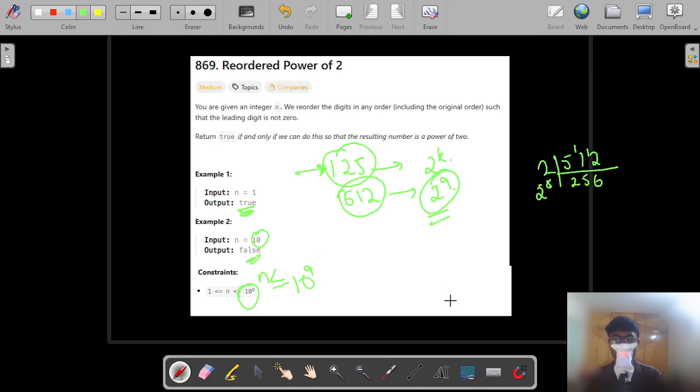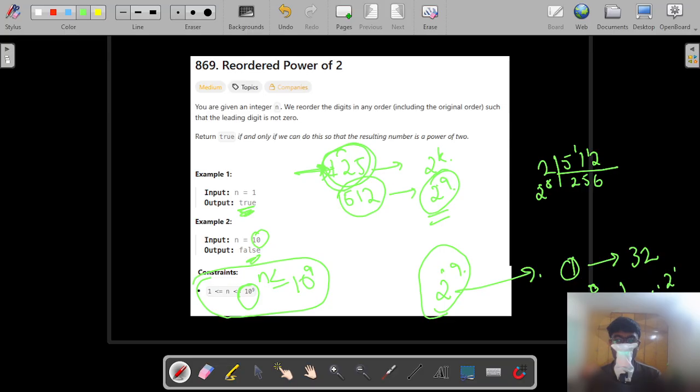If we generate all the powers of 2 in this range, and sort these digits, 1 2 5 maybe is already sorted, we create all the values 2 power 0, 2 power 1, up to 2 power 32, and we sort the resulting value